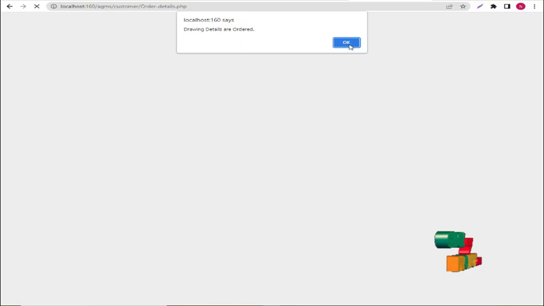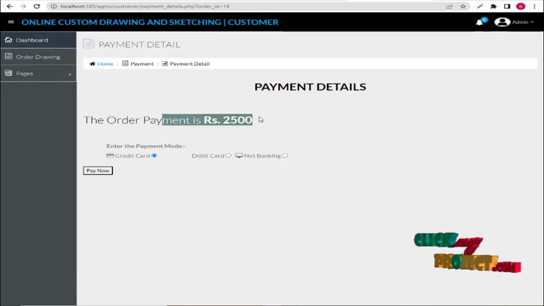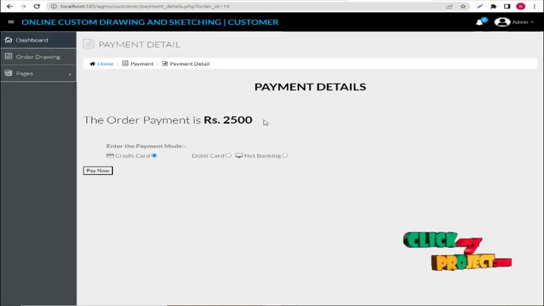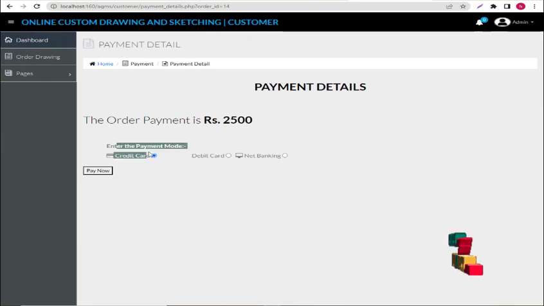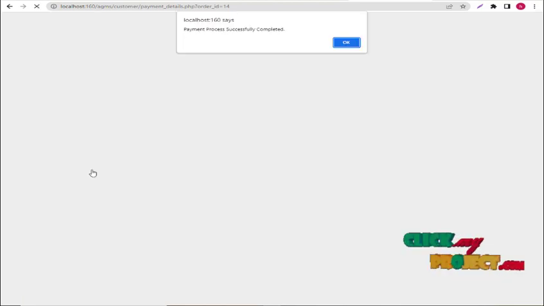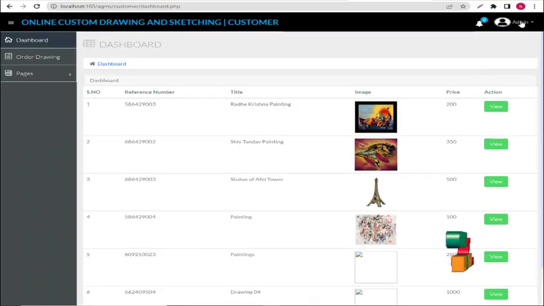The drawing details and the payment will be shown. The order payment is 2500. We can enter the payment mode and pay now. Click pay now. The payment process has been successfully completed. The message will be shown, along with the customer details. After the customer orders, the admin can view the customer's order details, and the user side has to log out for leaving this module, and admin